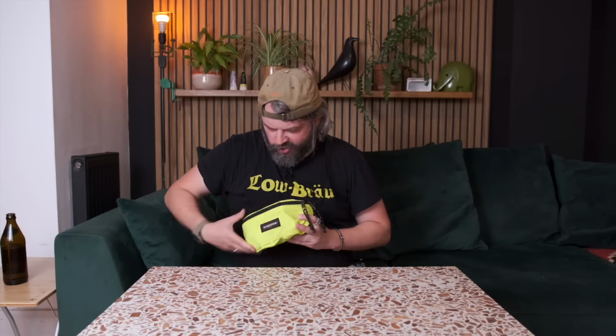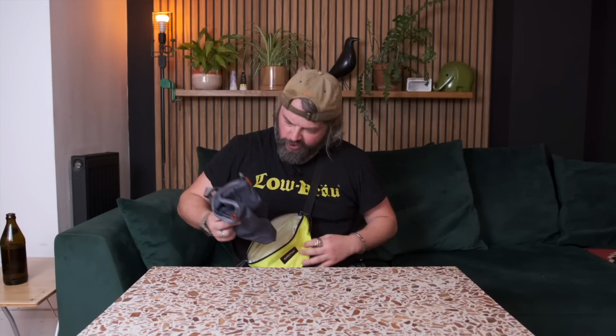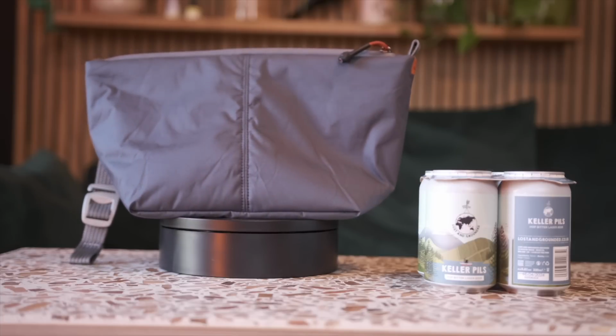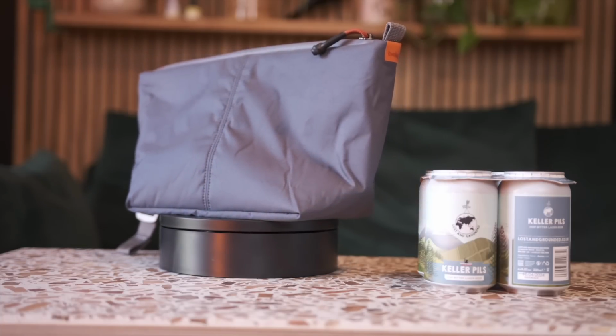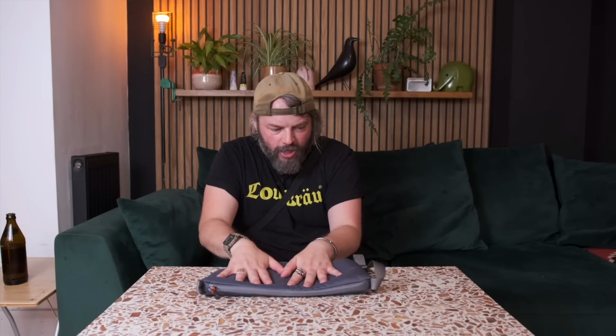We've got one final Crispy Boy rating to hand out, and I almost lost it because it's so small. It's the Bellroy Cooler Caddy, right? This thing, it's my new daily driver. I'm gonna be bringing this with me whenever I go out. I'm gonna give it, it has to be 4 out of 5, right? It's a great design. It's just a little bit punchy. If this came in at like £40, £35, I think this would be a 5 out of 5 Crispy Boy